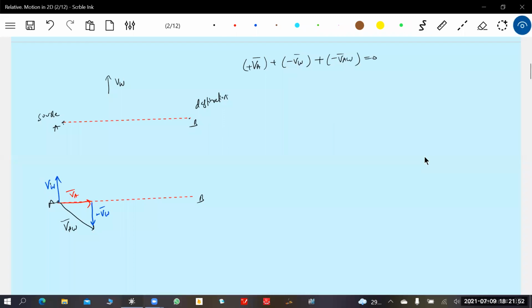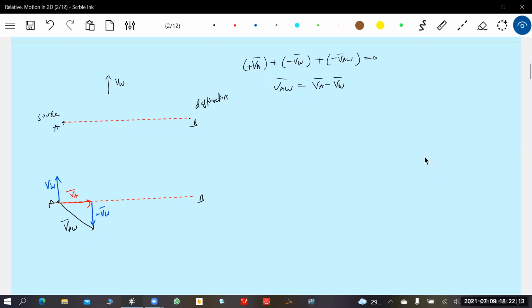This sign has come because VW bar is like this. Minus VW bar should be opposite here. I'm adding VA bar to minus VW bar. I'm just taking the vector addition here. So this, if I write it,